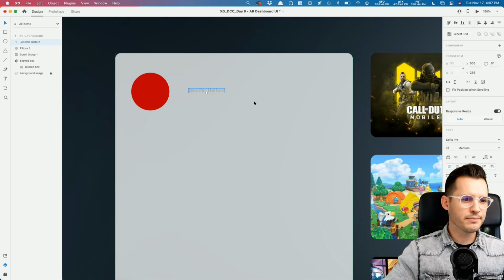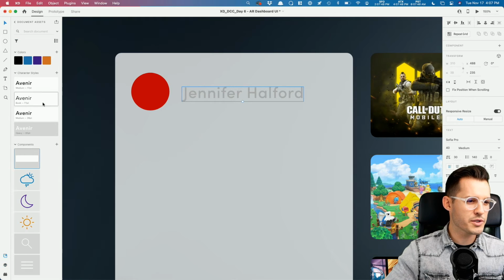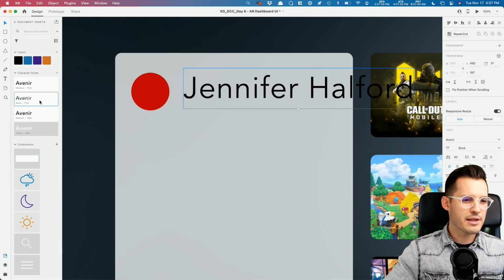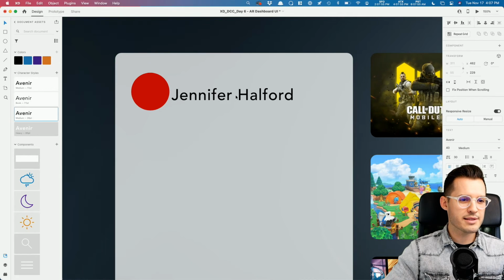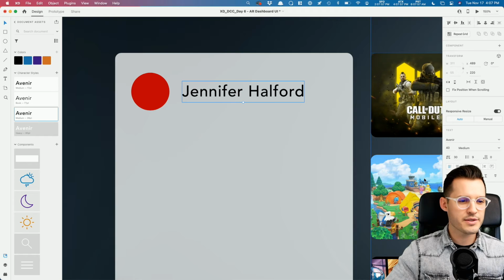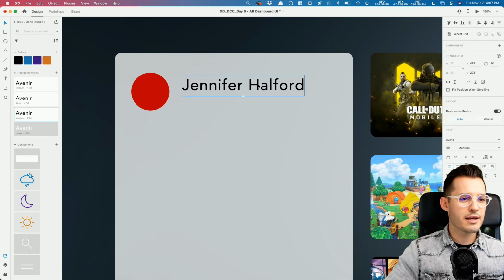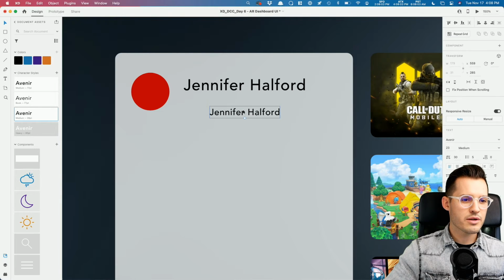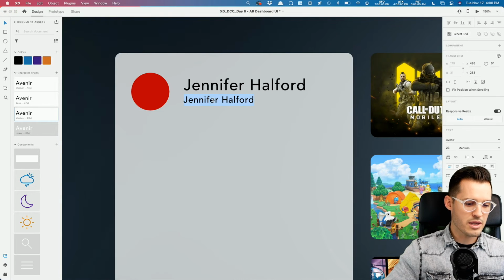Okay, it's pretty small. Let's bump that up. And actually, we don't have to go too far because we can just grab Avenir right here and start playing with some of our sizing. Let's go back down to this one. I actually don't like that size. We'll go right in the middle there. Okay, so we have Avenir, and let's say we'll do another one down below, and this will be our